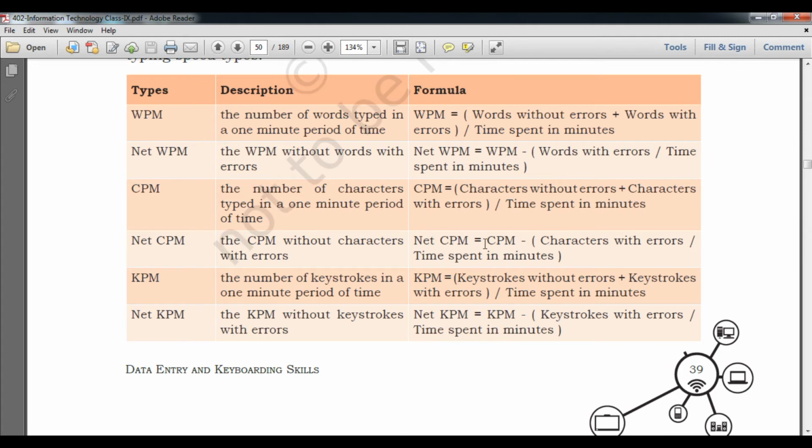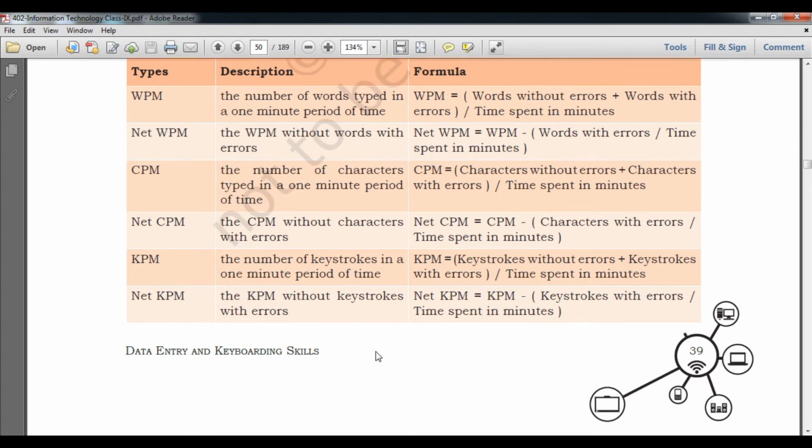Net CPM equals CPM minus characters with error divided by time spent in minutes. Okay students, so these are some formulas that you have learned, for the exam purpose also.